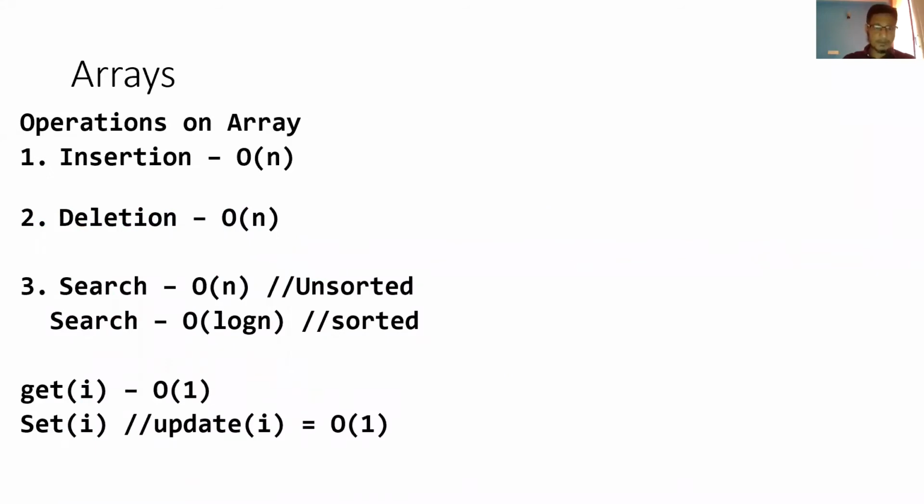Like we have different operations like search operation and then insert, delete operation. And this is the snapshot of what we analyzed with respect to time complexity. Inserting an element in an array, right, is a big O of n operation, and the deletion is also big O of n operation, as well as search. If it is sorted, then it is a big O of log n, whereas unsorted it will take big O of n time. And there is a constant amount of time required for get and set, because we don't need any major work here, because we are accessing with the help of index, so it is much faster.